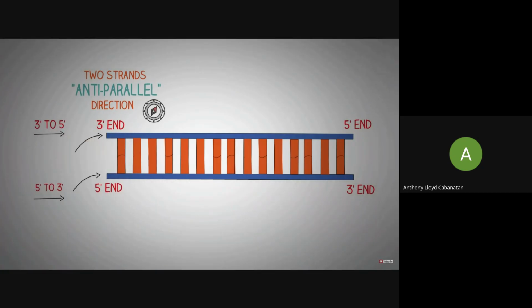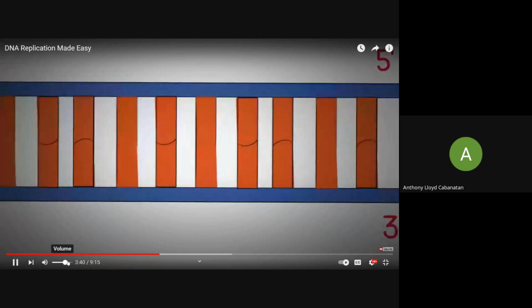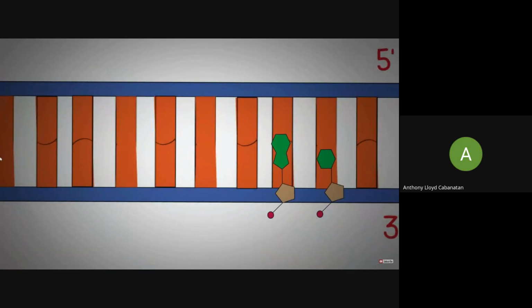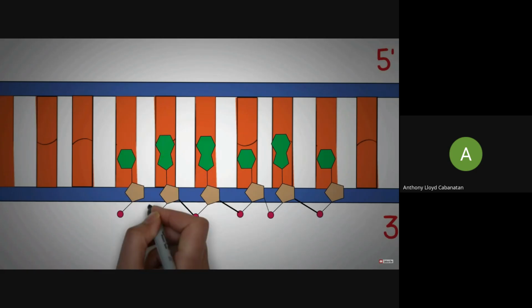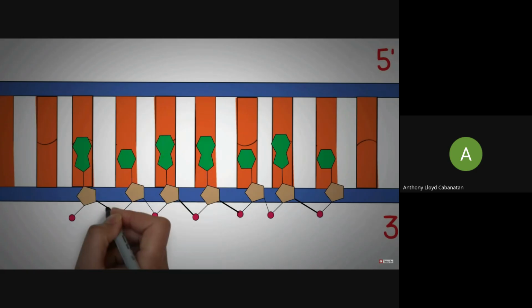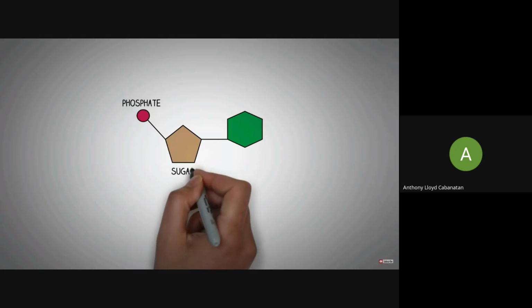Now to understand the concept of direction in DNA in a better way, let's take a brief and close look at the structure of the DNA. Now in this example, you can see the different nucleotides and how they are joined together in one strand of DNA. If we take one nucleotide out from this strand, you can see the simple depiction of the chemical structure of a nucleotide. We will not go into the details as we have discussed the structure in detail in previous videos, but you can note that we have three important groups in a nucleotide, which are the phosphate, the sugar